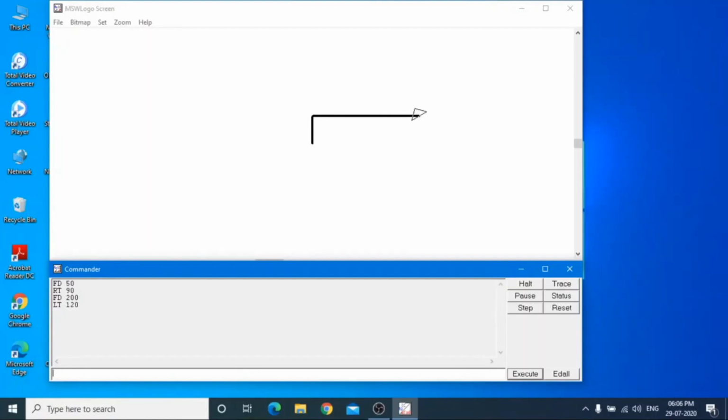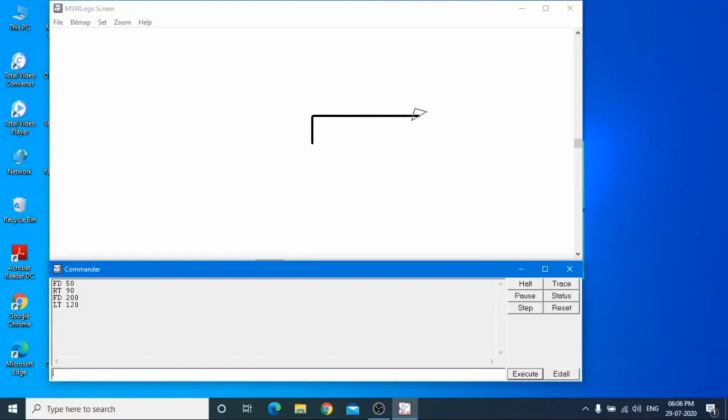So here we will write HOME, and the turtle comes to the starting position. In this way you can make different figures, or if you want to try, you can make alphabets. Try to make alphabets using Logo commands. Now CS, clear screen, and CT. Pen down and pen up we had already done in the last class.